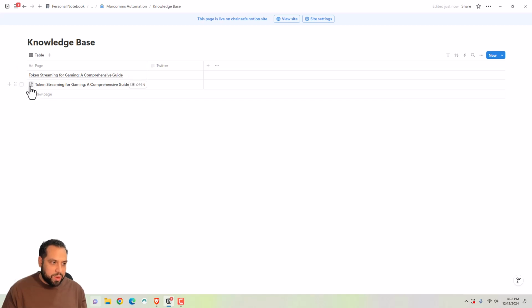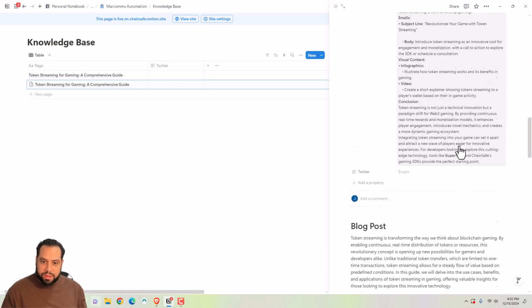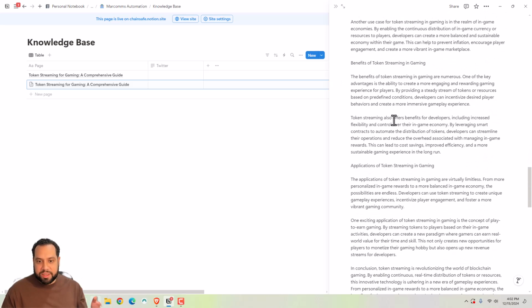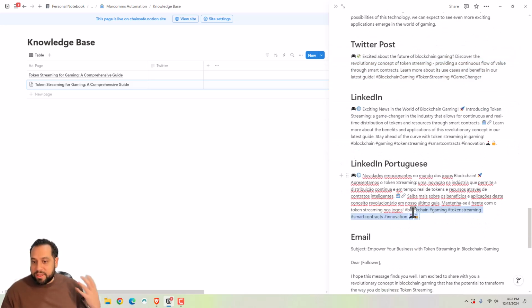So if I see now, I have more content within this page. Let's go into the Notion page. This was our description we started with, but let's look down here. It created a blog post based on the content, and it even has sections like benefits of token streaming, applications of token streaming and gaming. It created a Twitter post for us to share, a LinkedIn post, and